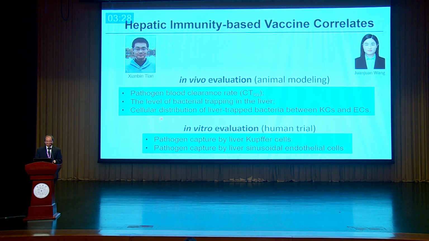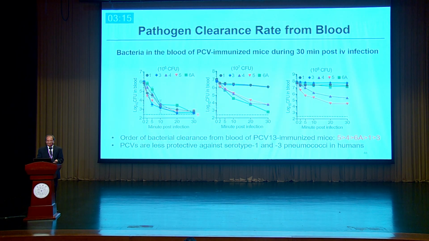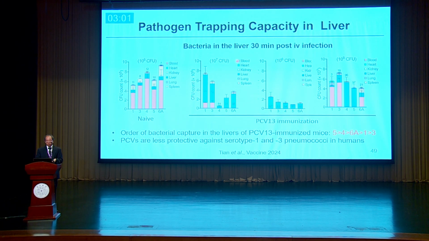Jing-Ren. We used pathogen clearance from blood and also the level of bacterial trapping in liver, as well as the distribution of bacteria in Kupffer cells versus the endothelial cells. We showed that with a different dose of bacterial infection in a single vaccine, we can separate the efficacy of different serotypes. And this is also reflected in the amount of bacteria that are trapped in the liver